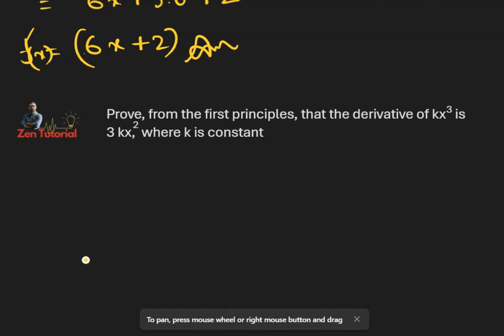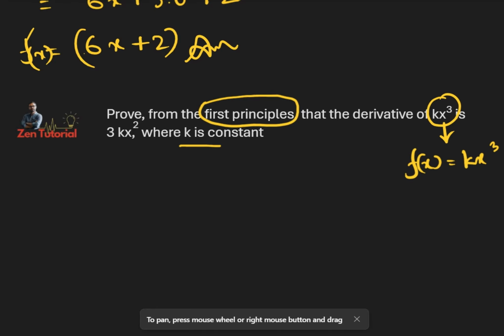In this problem, we have to prove that the derivative of kx cube is equal to 3kx square, where k is a constant. That is a very important point. And another point, the condition is that we have to use the first principle. What is the first principle of a function? So this is the function f of x equals kx cube, right? By the definition of first principle,